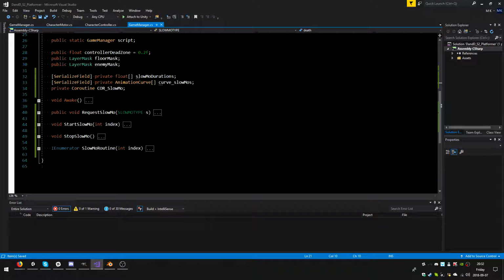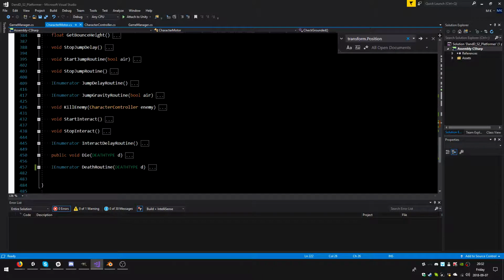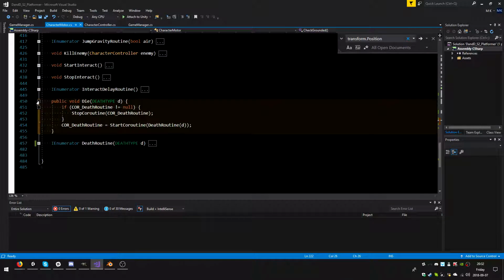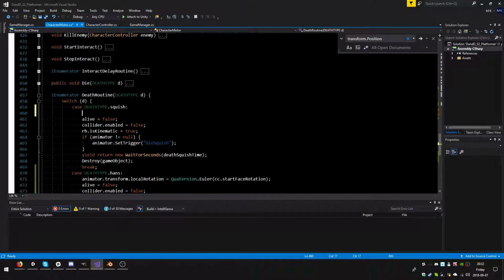I think. Right. Let's go to the character motor, hit Control MO. Okay, so this is where we killed something. And we've got a def type, so we can check it right here. So this is squish. So here you're gonna say game manager dot script